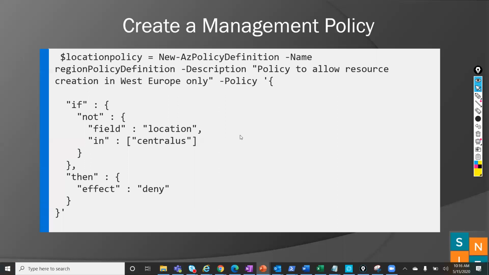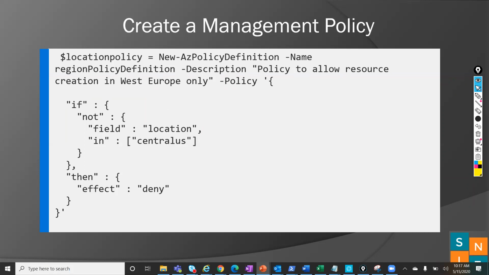So, creating a management policy. This is how a management policy looks. You see this $locationpolicy equals New-AzPolicyDefinition, name RegionPolicyDefinition, description: policy to allow resources created in West Europe only.